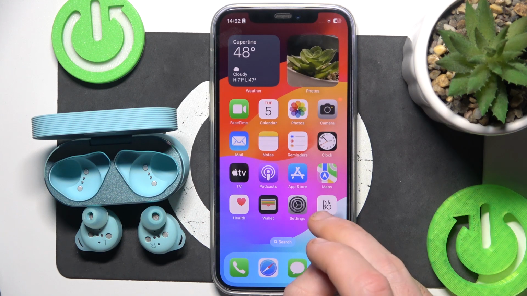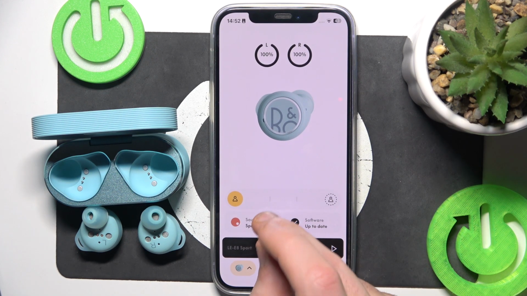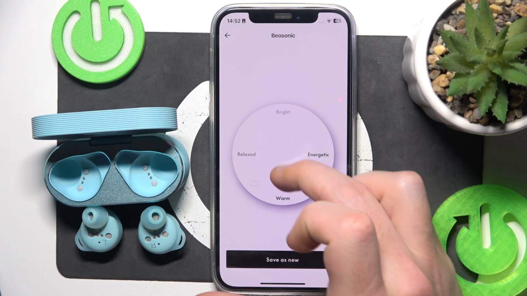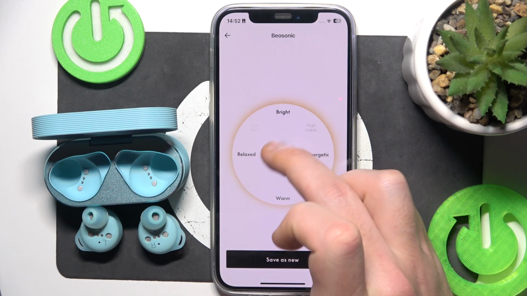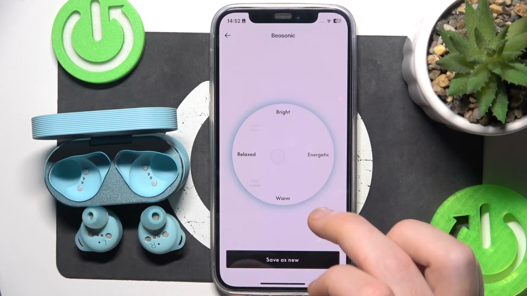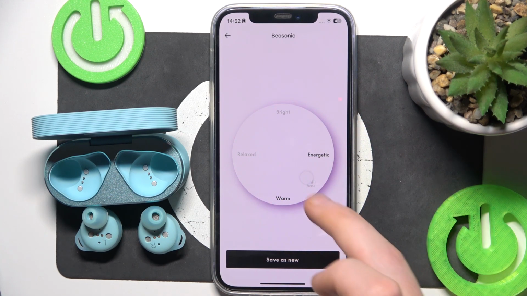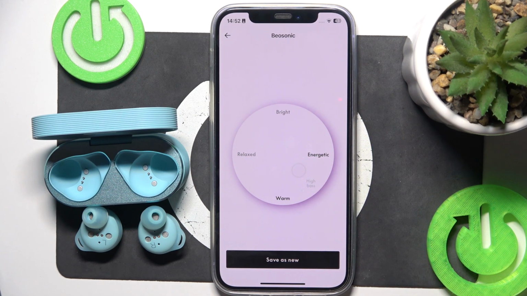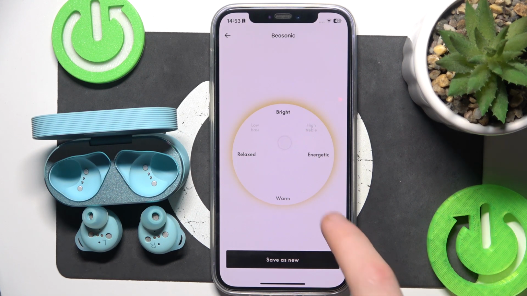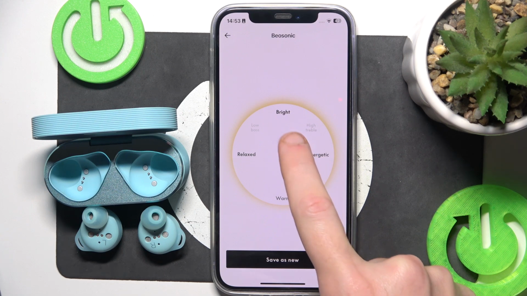You have to start by opening the application. Now click on sound mode, then click create new, and right here we have 4 options, 4 presets, but you can also change something between these 2 presets. Let's say right here between energetic and warm I have high bass, between bright and energetic I have high treble,